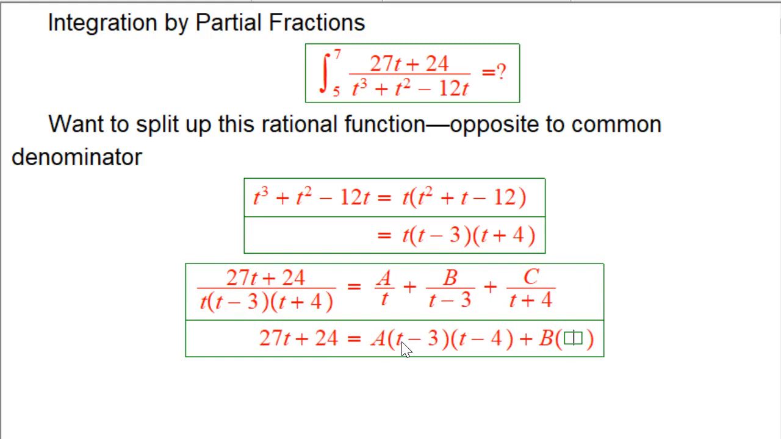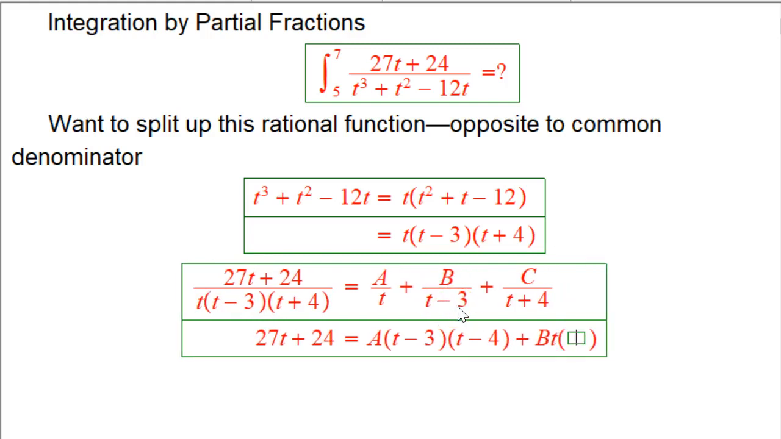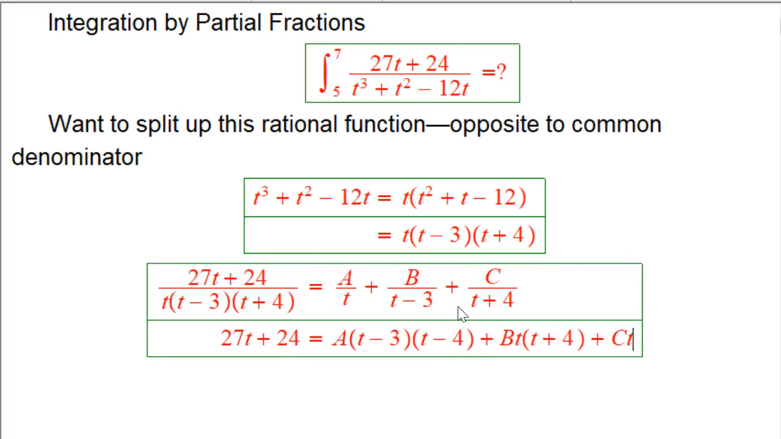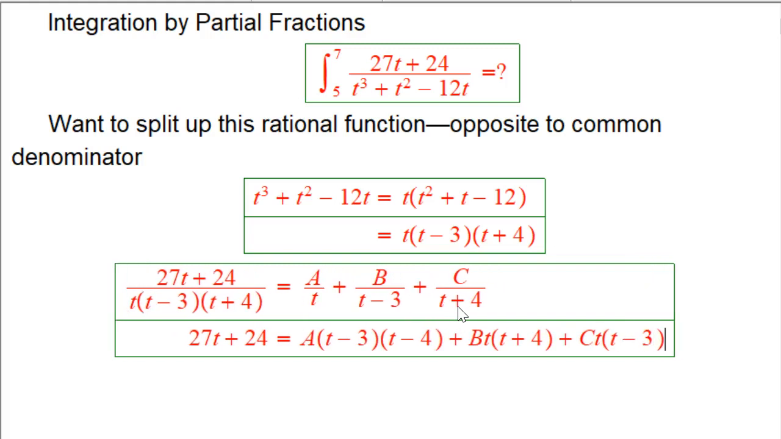Plus b, and then here it's going to cancel the t minus 3 but not the t, I don't need parentheses there, and not the t plus 4. And here it's going to cancel not the t and not the t minus 3 but just the t plus 4. Okay, so this is where